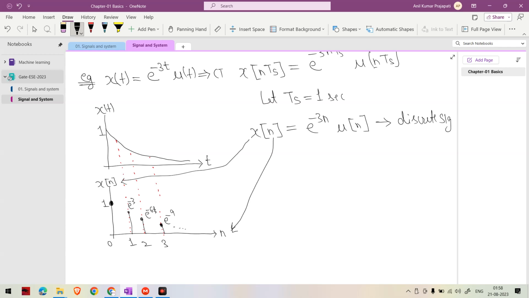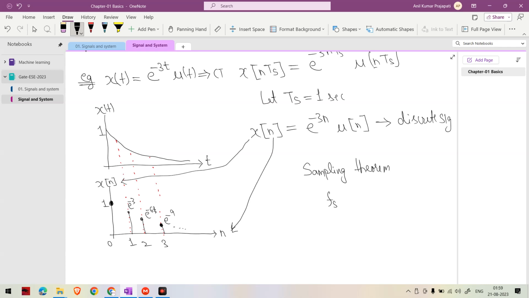So this is a simple procedure. You can convert a continuous time signal into a discrete time signal. And the important thing to note is that Ts, which we took here as 1 second, will depend on the sampling theorem. And the sampling theorem you will study in communication systems as well as in signals and systems. So later I will explain how the Ts will be defined. So for simplicity, you can say the sampling theorem tells us